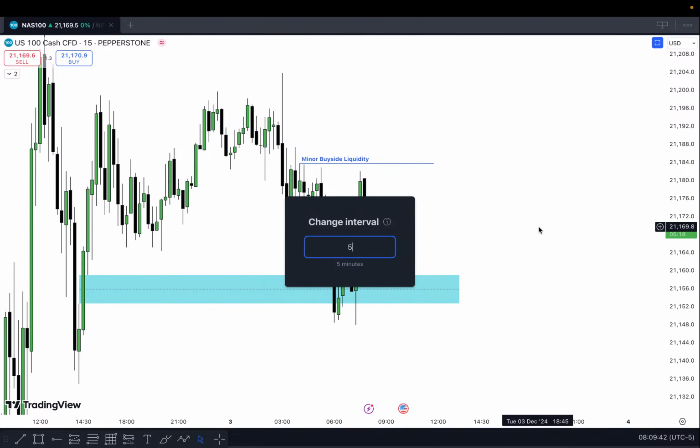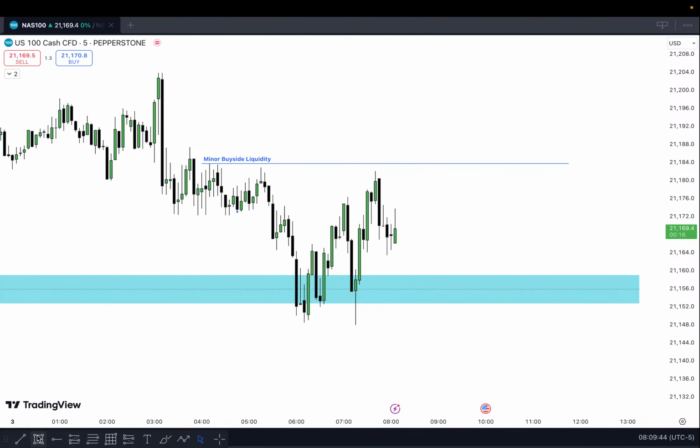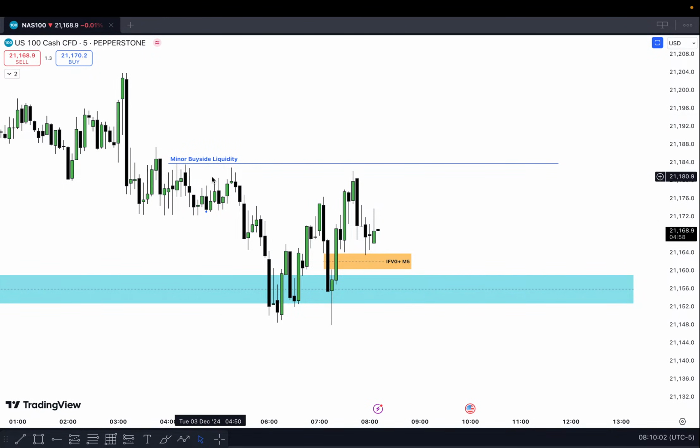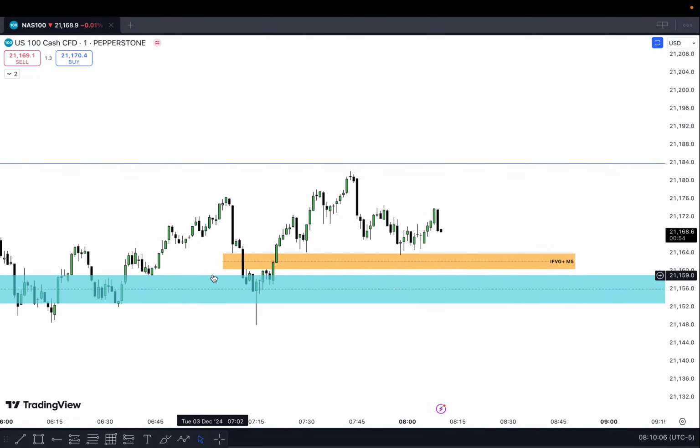On the 5-minute chart on Nasdaq, a sell stop run here, inversion fair value gap. See, that's your inversion fair value gap, M5. It is trying to take the support. On the 1-minute chart, if we see,